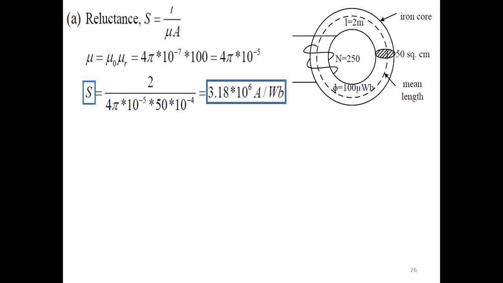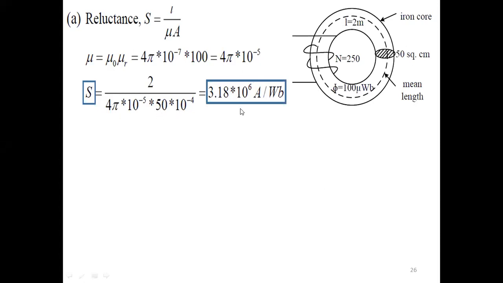See, simple questions will come, 1 mark questions. They may ask MCQ questions and all these things. For that reason only, different problems we are discussing here. In the previous problem mu r was not given, now we have added mu r in this. They have not given any mu r. Here we have added mu r now. Yes, you got this answer. Same answer you got.